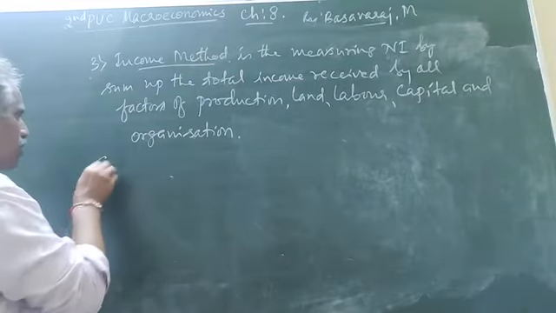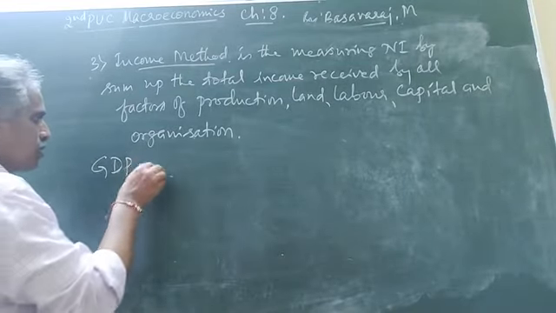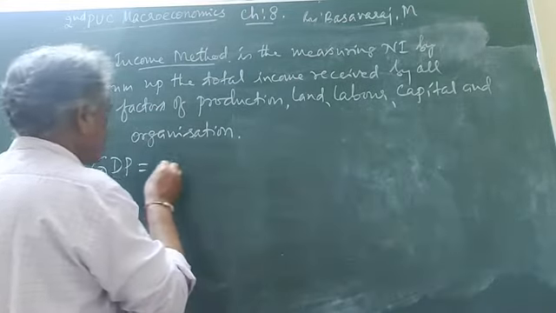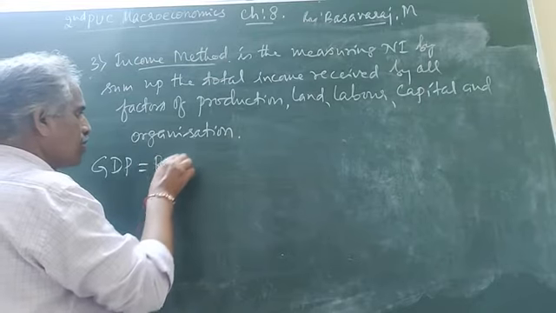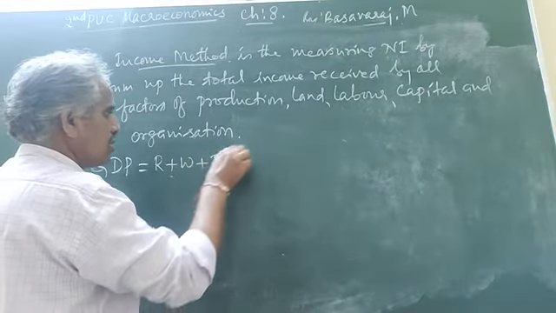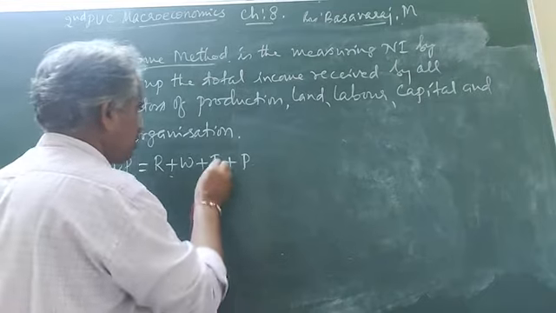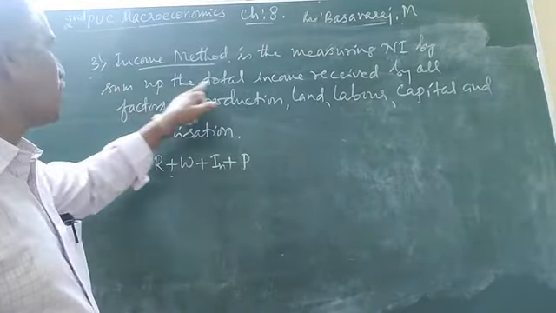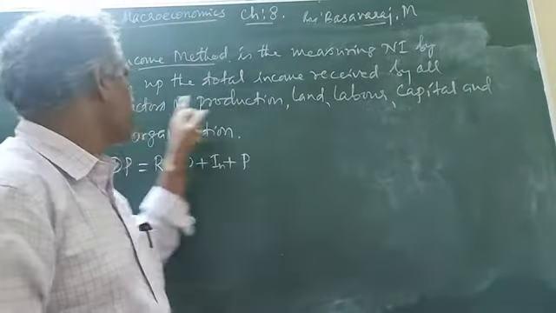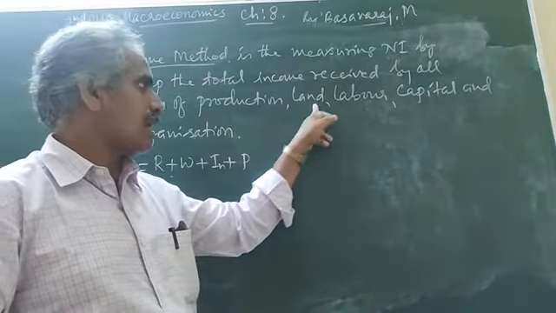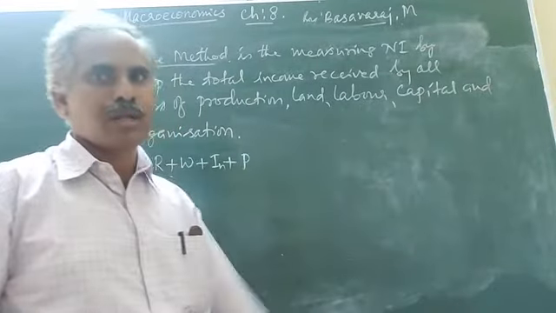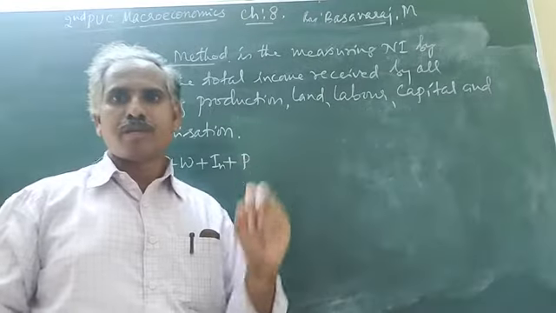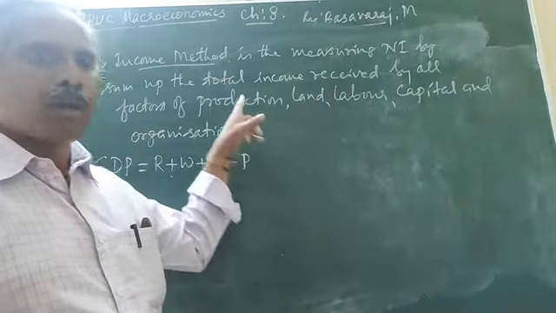That's why GDP is nothing but to be called as land, labor, rent, wages, interest and profit. Interest and profit, this is the sum of the total income received by all the factors of production, land, labor, capital and organization, together called the method of measuring national income by the